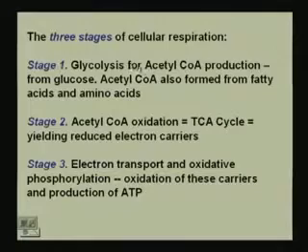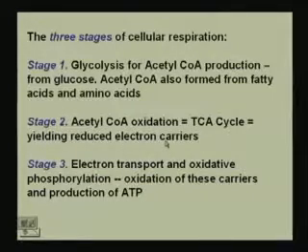In the last step of our metabolism of carbohydrates, we are going to consider today the tricarboxylic acid cycle, or the Krebs cycle. Now, if we look at the three stages of cellular respiration, the first stage that we have gone through is glycolysis, for acetyl coenzyme A production. We have already seen the breakdown of glucose to pyruvate, and we will see now how pyruvate actually gets to acetyl coenzyme A, that then gets into the tricarboxylic acid cycle, which eventually leads to the production